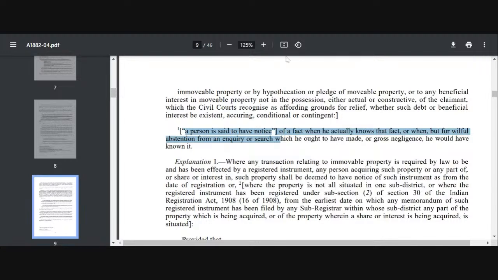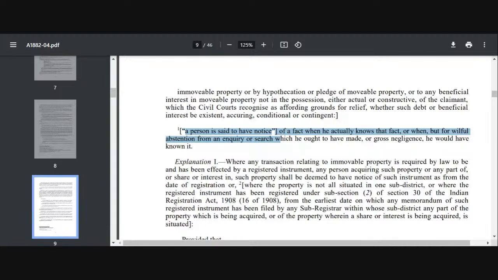हमने आपको expressly नहीं बताया about the notice, but a court is presuming that you should have the notice in this circumstance, so then you are deemed to be having constructive notice of a fact, right? And constructive notice का जो presumption है वो following circumstances से बना सकते हो, जैसे कि willful abstention from an inquiry और such. मैंने आपको बुलाया, आपने notice receive नहीं किया but आप willfully abstain कर रहे हो from any search और from an inquiry, then the court will presume that you have a constructive notice about it.